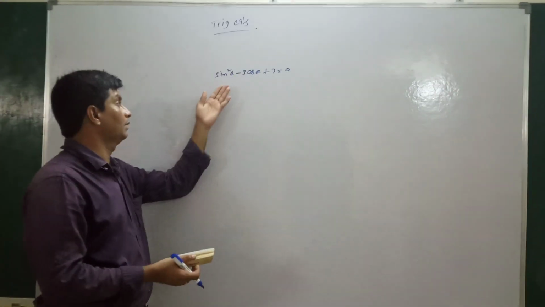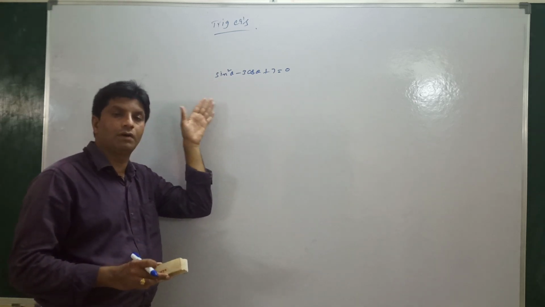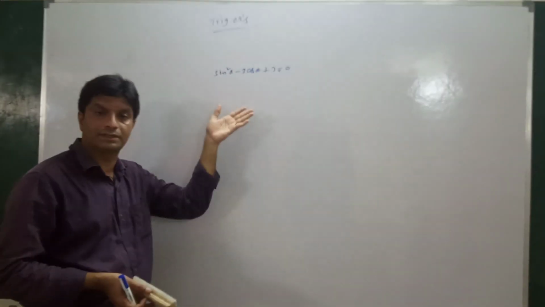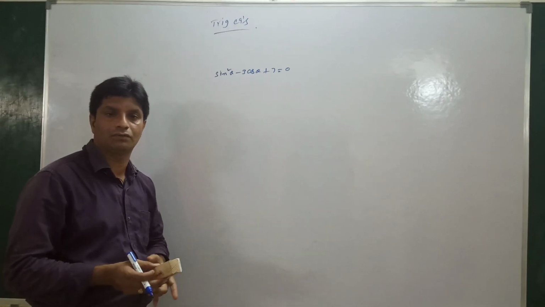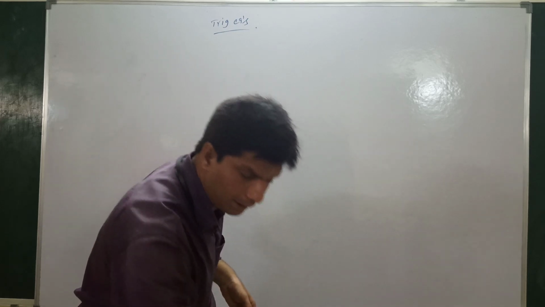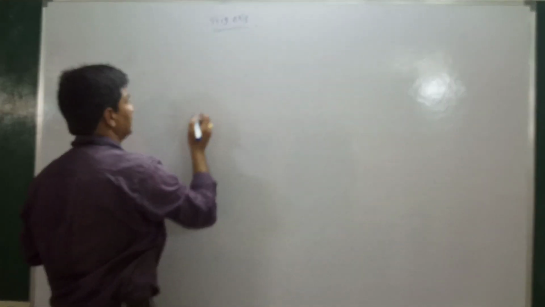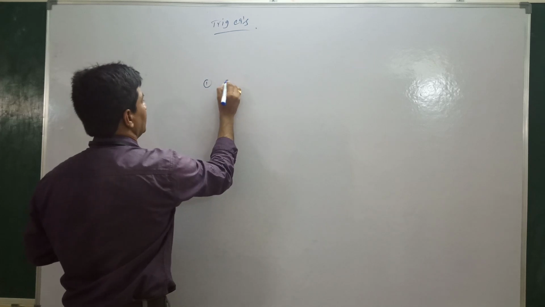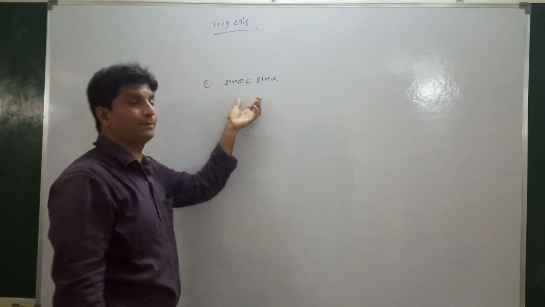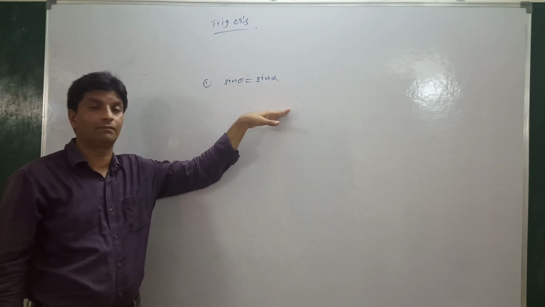Okay. So we don't bother about the power, whether it is a cubic equation or biquadratic or quadratic, whatever it may be. So an equation involving trigonometric functions. We know that we are having 6 trigonometric functions generally: sin theta, cos theta, tan theta, secant theta, cosecant theta, and cot theta. So an equation involving any trigonometric functions is called a trigonometric equation. Right. If the trigonometric expression, this is an expression, if you take it to the left side, then it will become an equation.